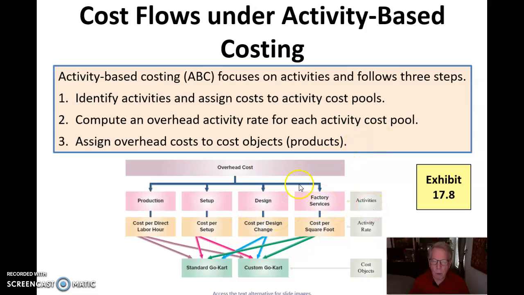Okay, now graphically, here's our $4.8 million. We have production, setup, design, factory, service. Those represent our activities. And then we assign a logical allocation base for that. For production, we're saying that's direct labor hours. For setups, the cost of each setup. For design, the cost of each design change. And then for our factory services, we just allocate that based on the square footage over which those factory services